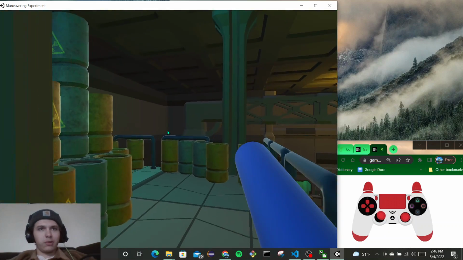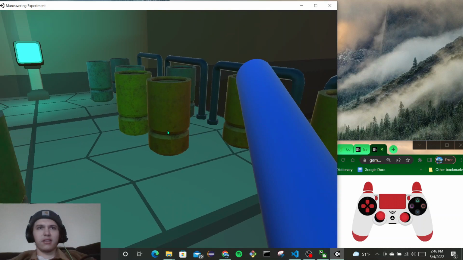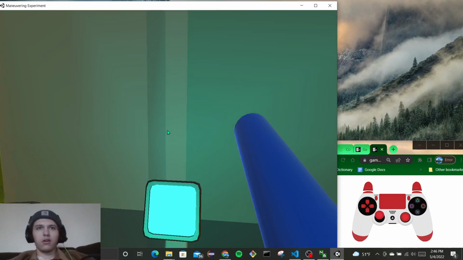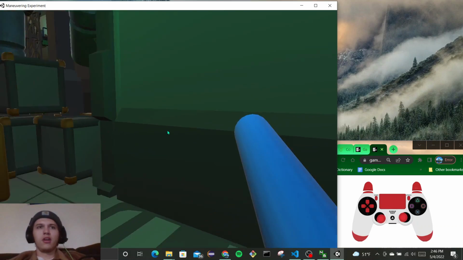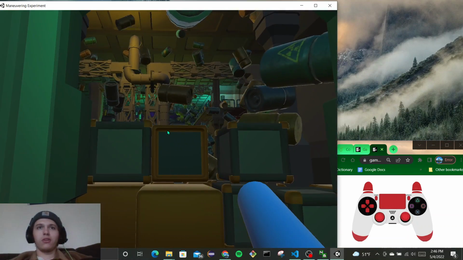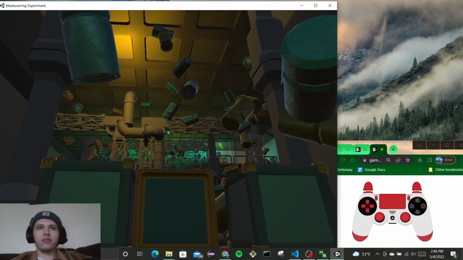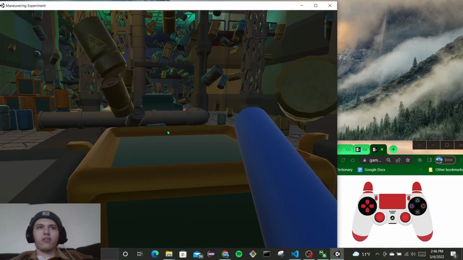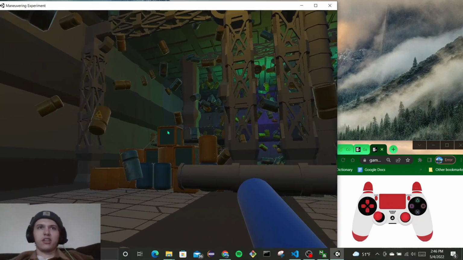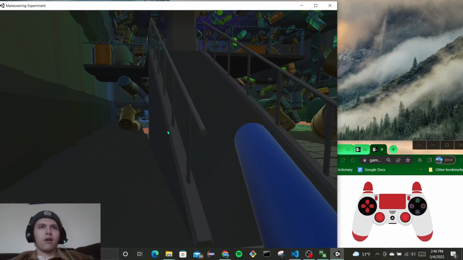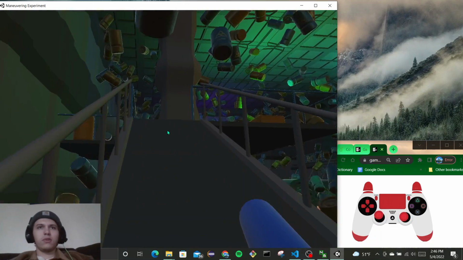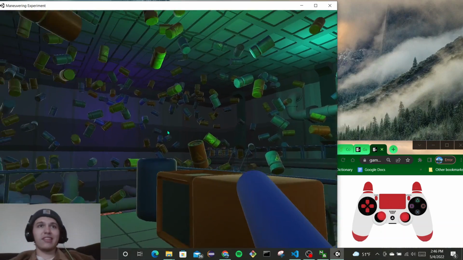Another thing which I would like to mention here, besides it being a limitation to my project overall, besides just the limited amount of participants that I was able to acquire, was a level design flaw, which was an oversight on my part for this level. As you can see right here, pretty cool. There's zero gravity applied to all of these objects. However, in order to get that randomization and that kind of flow within the objects, which was a ton of fun to code, by the way, I had to kind of not limit, but